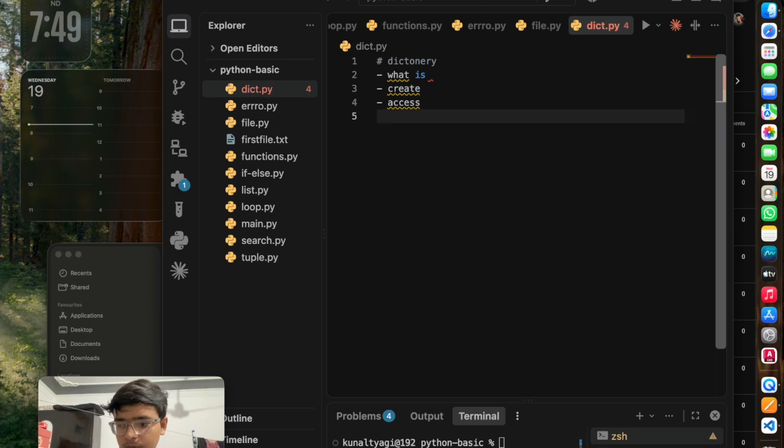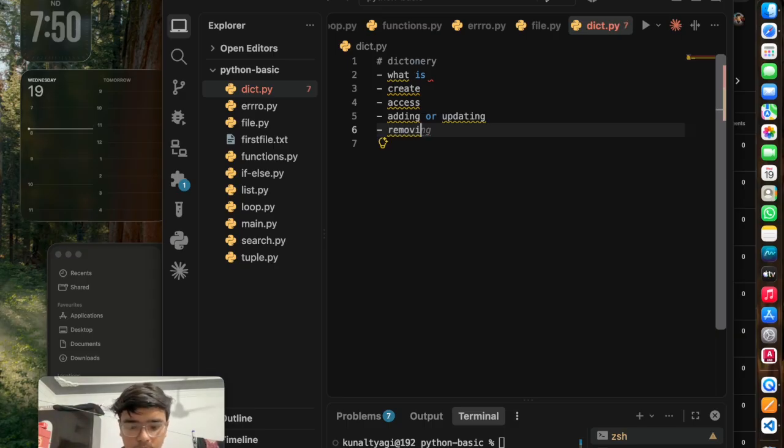Fourth, adding or updating. After that we are going to see removing. After removing, we are also going to see if a key is there or not.